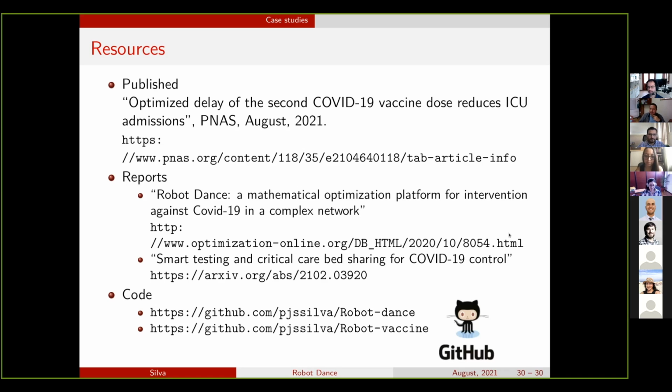Thank you, Paulo. Are there other questions? I have just a curiosity. When you talk about the geographical spread, I was wondering if you used the Facebook data or Google data or the national agencies data in order to estimate the mobility within the region, or how did you estimate it?